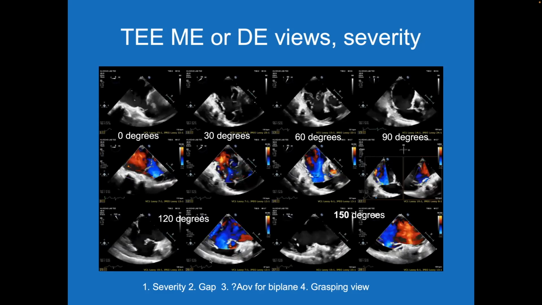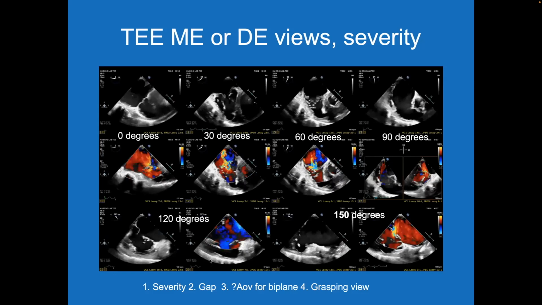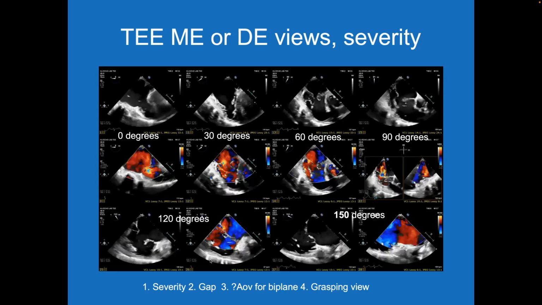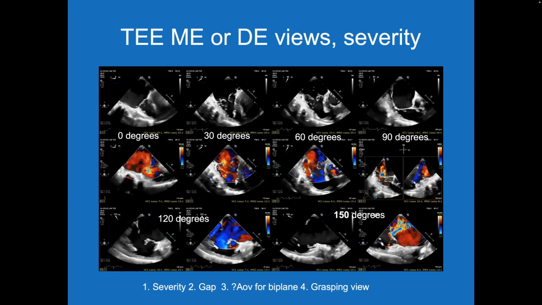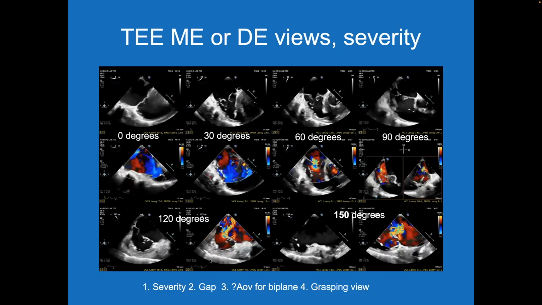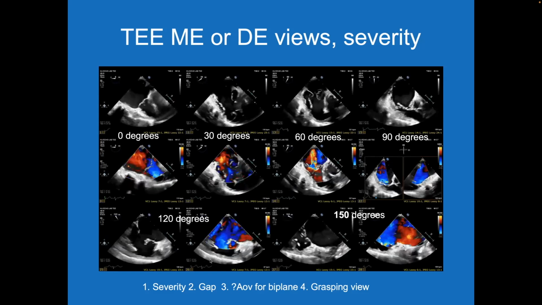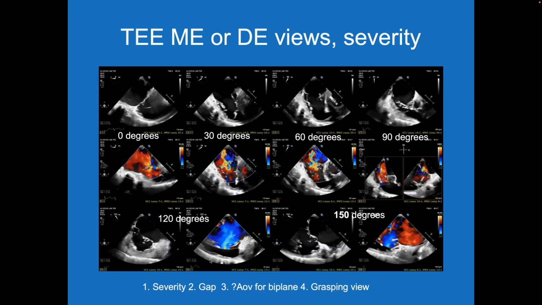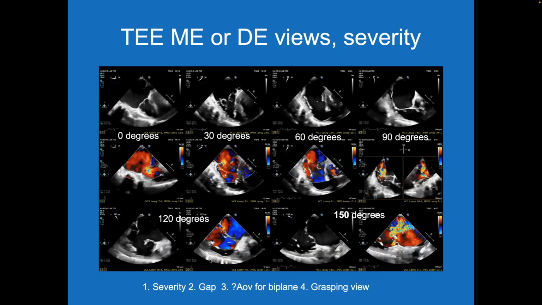And you're trying to categorize the severity of the tricuspid regurgitation and see where any leaflet gaps are, which you can see in the upper panel pictures best, I think, at 30 and 60 degrees, but even in 90, and then as you come around to 120, there's a significant leaflet gap here. And that's so helpful in being able to decide later on where you're going to be able to see once